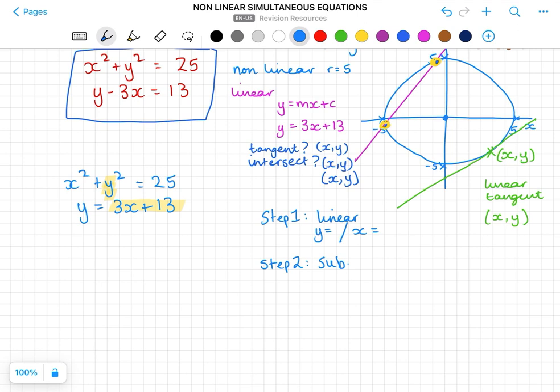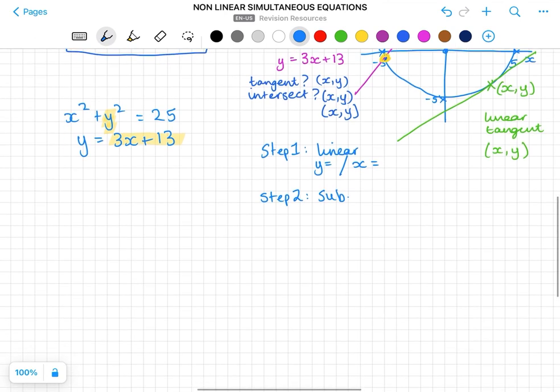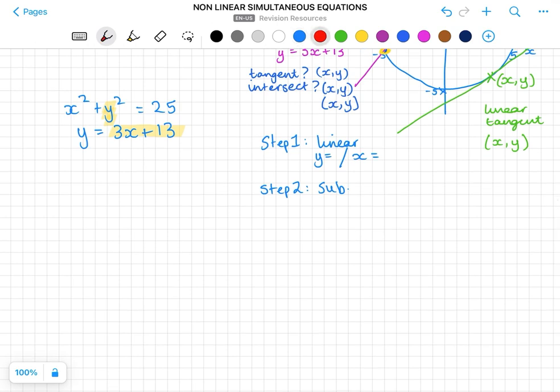Just to note, your non-linear equation may be that of a circle or it may be that of a quadratic. So we substitute. We have x squared plus y squared, but y is now (3x plus 13)